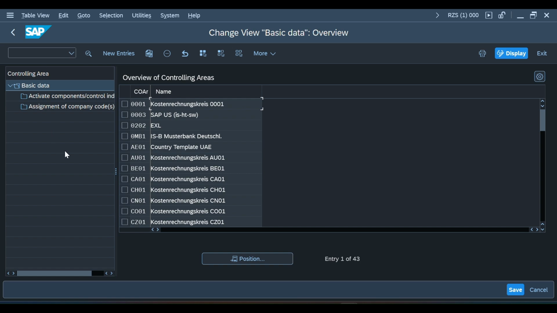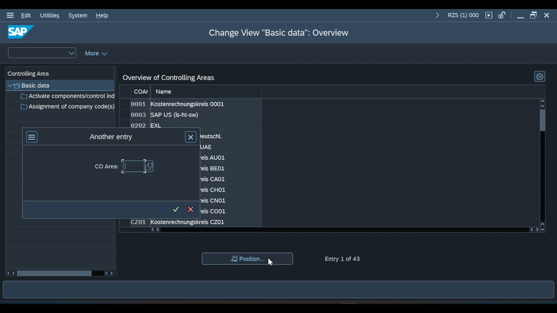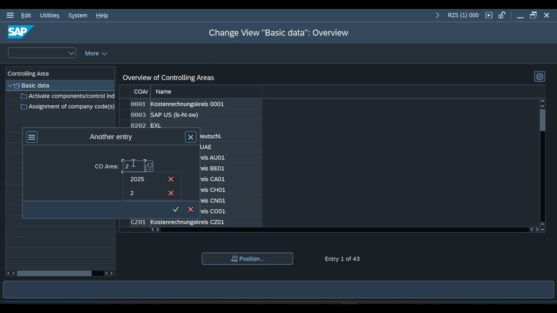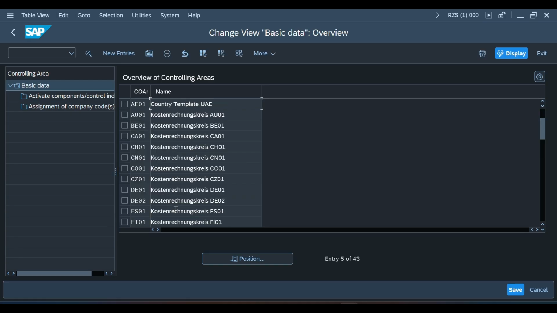Okay, and we first need to choose our controlling area. First check whether our controlling area is there or not. Here it is mentioned controlling area 2025. First we need to check here. No. Okay. So for active components,